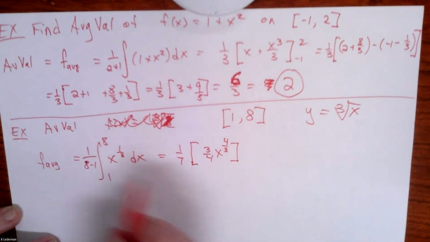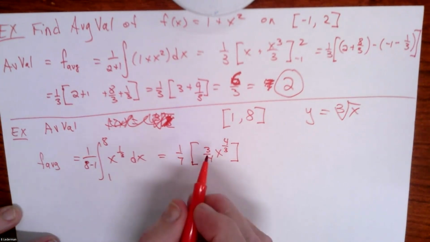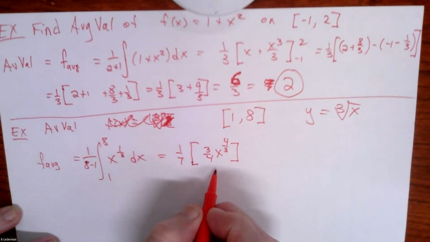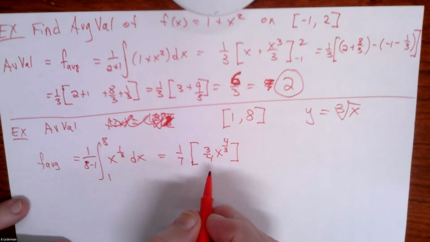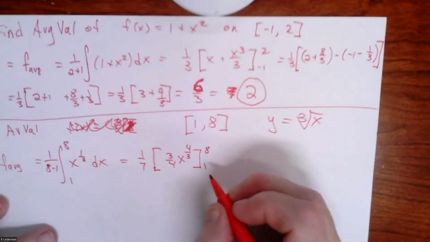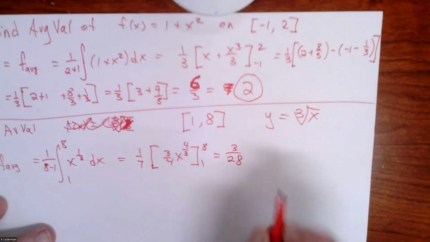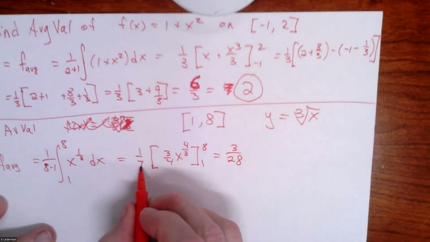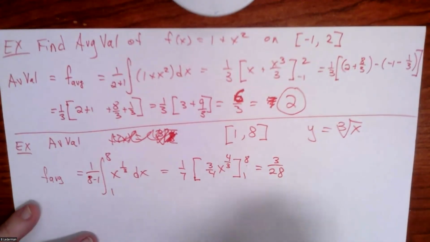How did I get 4/3? Well, 1/3 plus 1 is 4/3. And then we have to divide by 4/3, but dividing by 4/3 is the same thing as multiplying by the reciprocal. And we evaluate between 1 and 8. So this is going to be equal to 3 over 28. Where did the 28 come from? I multiplied the 7 times the 4. 3 over 28 times